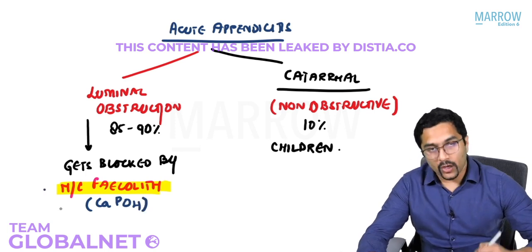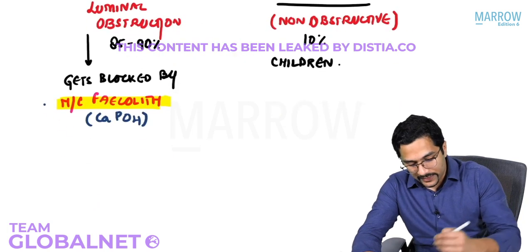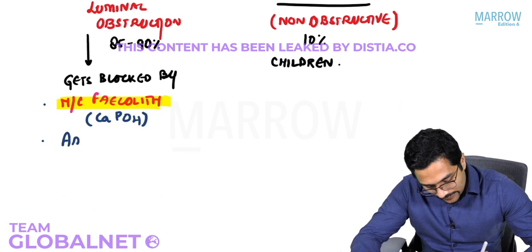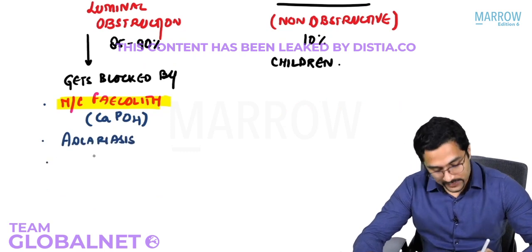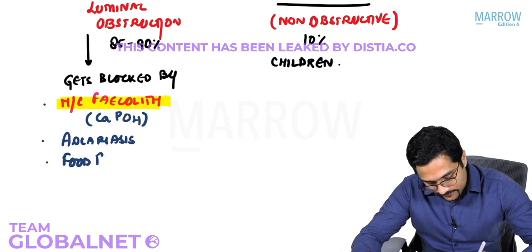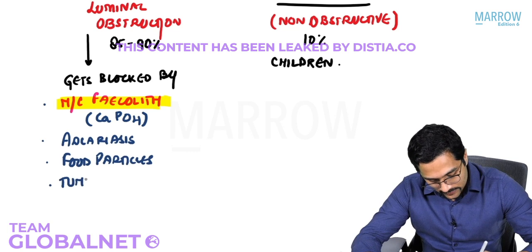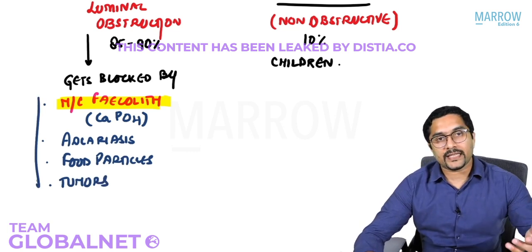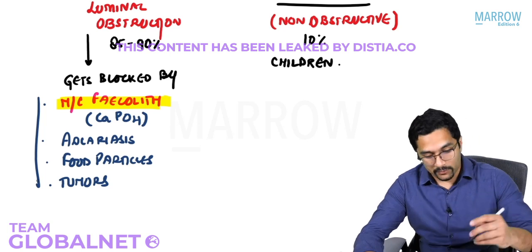So this is the most common thing which blocks the lumen of the appendix. The other causes can be ascariasis, food particles, or tumors like carcinoid tumors. They can also block the lumen of the appendix and they can predispose to appendicitis, but the most common being